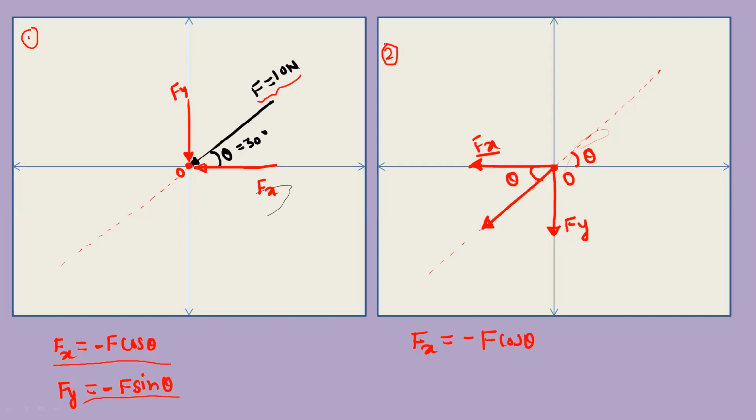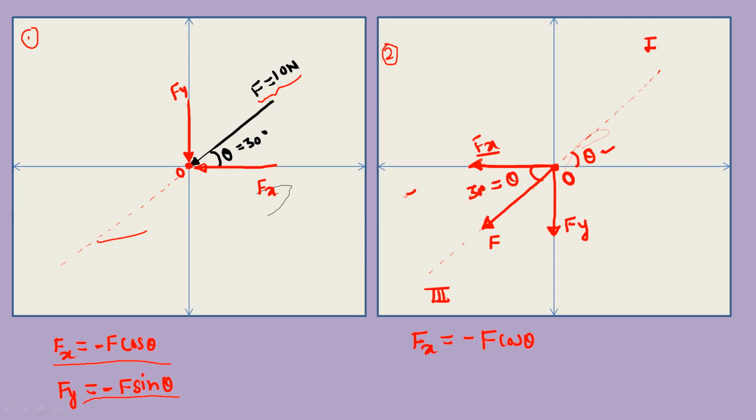Second way, you can resolve the force in the third quadrant. For that, you have to draw this line of action. Okay. So this is complete line of action, and just shift the force in the third quadrant. So this is the force F. It acts at the same point O. Just we have changed the quadrant. From first quadrant, we have shifted it to third quadrant. Now this angle theta is opposite to the angle theta in the first quadrant. So this is also 30 degree.